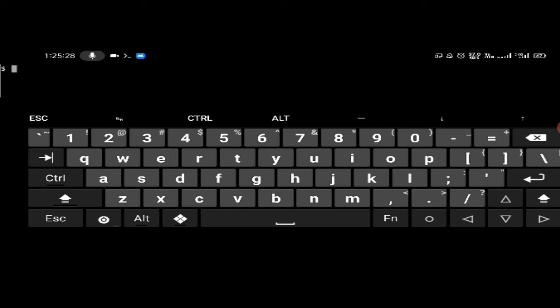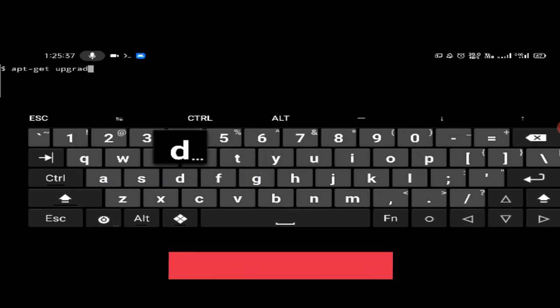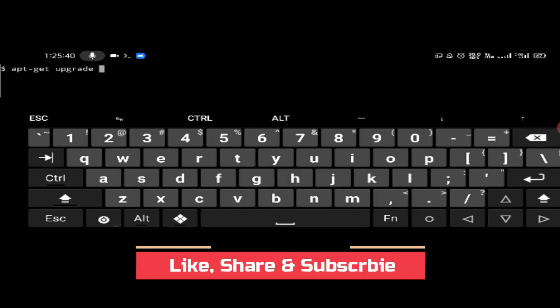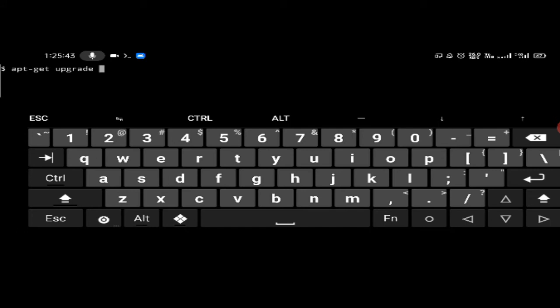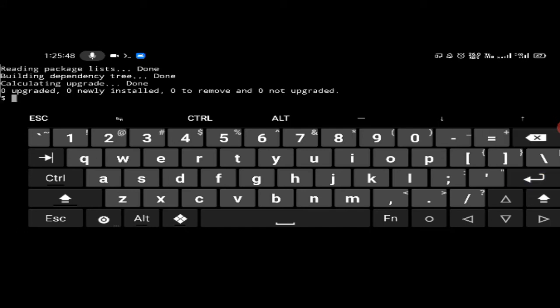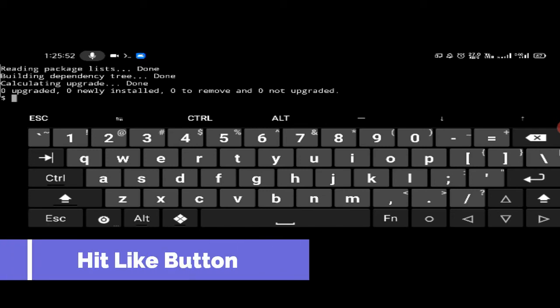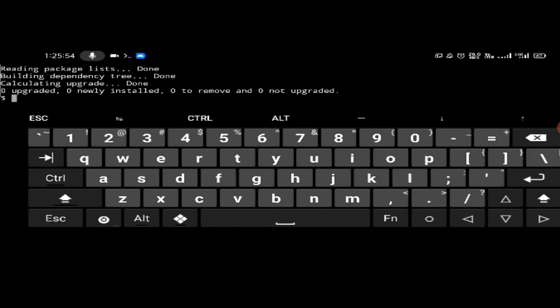Also the second command will be apt-get upgrade. This will upgrade the already installed packages in your Termux emulator. As you can see, the message is 0 upgraded, 0 newly installed.